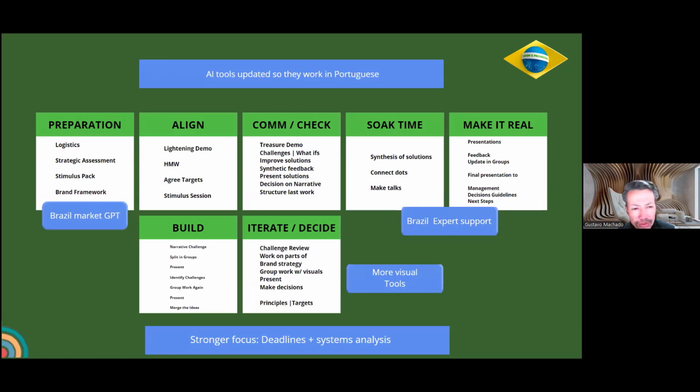But so from the preparation, when it comes to logistics, the strategic assessment, the stimulus pack, and going through all the other phases, when it comes to alignments, how might we agree on targets, and the communication and checkpoints. And that's really important. The soak time. We have to incubate some ideas and some questions, and a lot of things happen during the right time. And then we have the phase to make it real through presentations, through elevator pitches, from feedback,